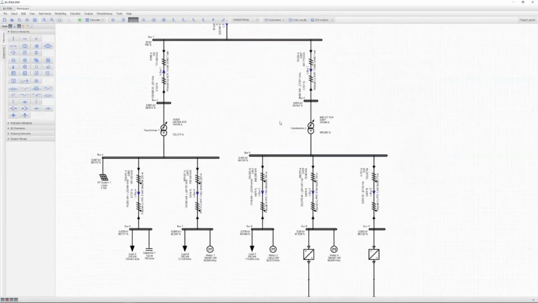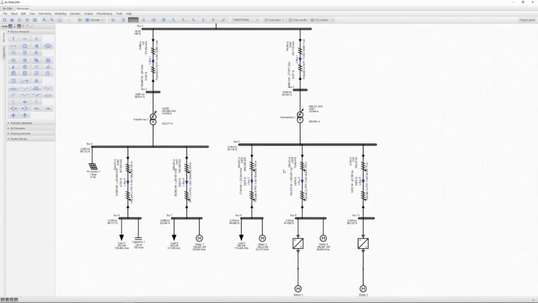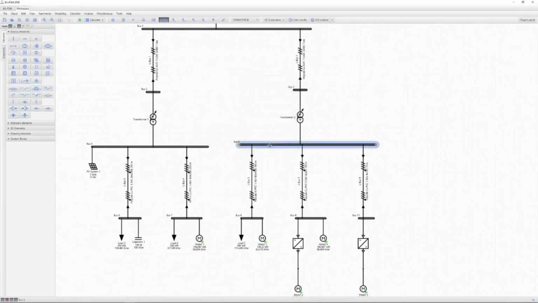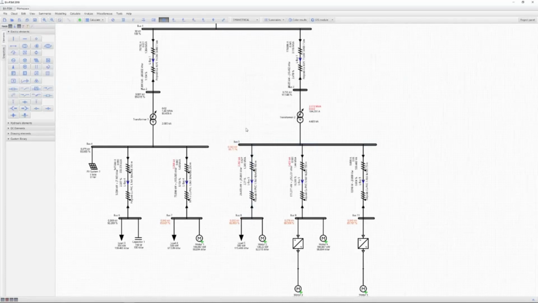Other cables are all right, but we must note that our system has motors, so we must carry out motor start analysis. EA-PSM software lets you start all different kinds of motors. So if I wanted, I could start the third and fourth, but for now we're gonna start all the motors to check the worst scenario possible. Press it again. Okay, as you can see now, in some cables the cable ampacity rating should be